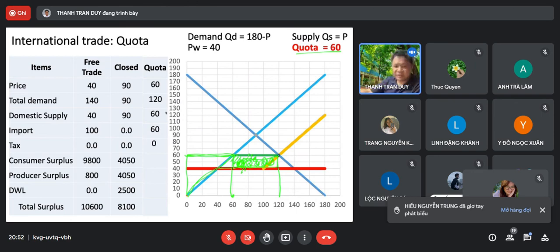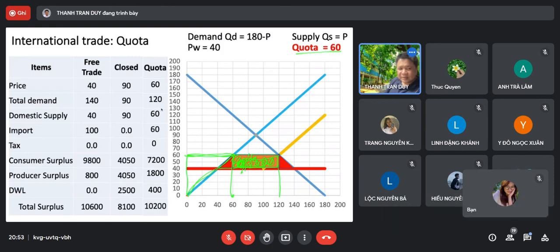All right, so this is an interesting point, right? And also, we get the same impact as the tariff, exactly the same. However, total surplus will include this one, because this one the local firm earned. All right, so you see the different ways to restrict: closed economy, tariffs, quota, the three ways to restrict. Hugh, what is your question? You have a question? Okay.